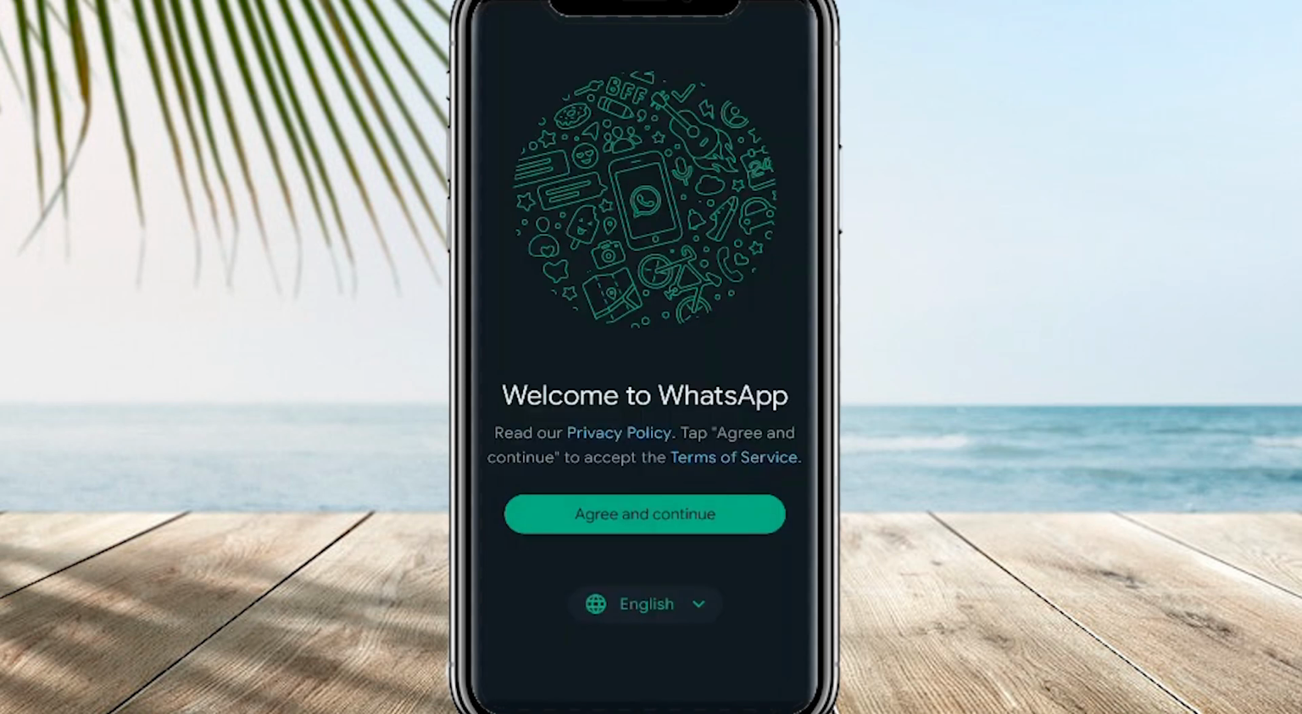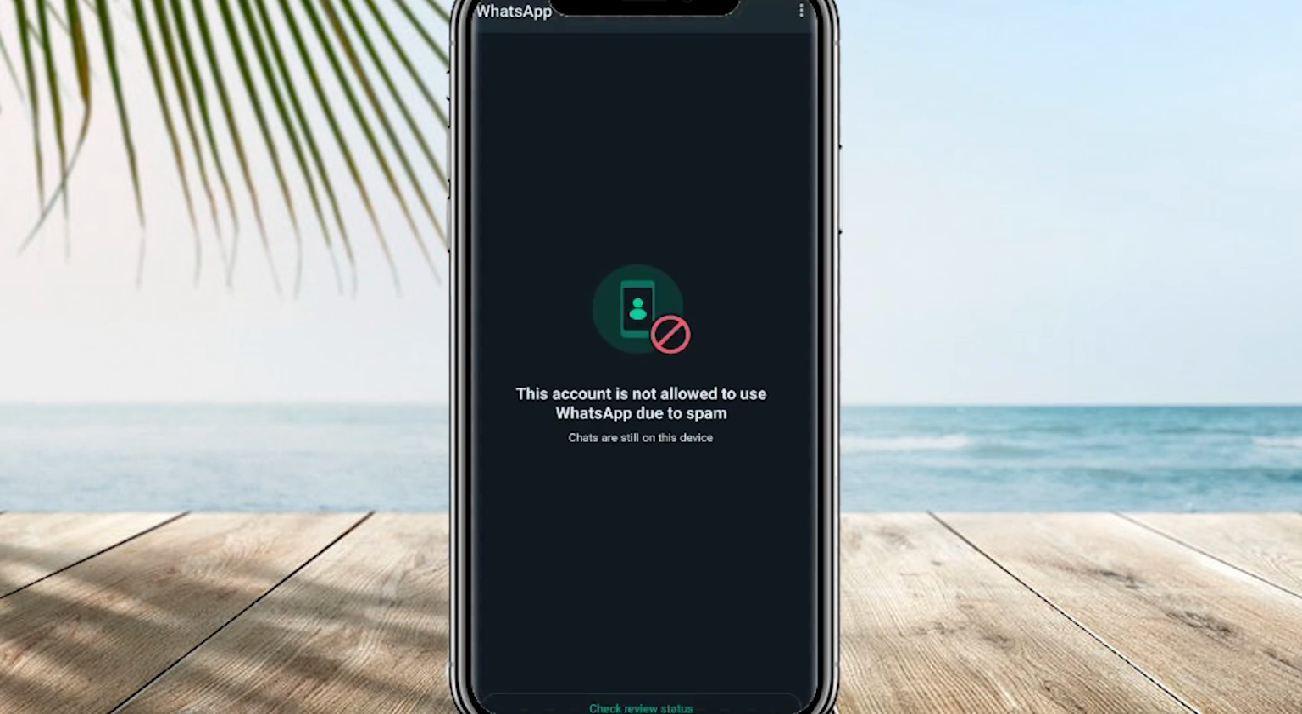In today's video, I will show you how to fix "this account is not allowed to use WhatsApp due to spam." So let's jump right in. Each time you attempt to register a WhatsApp number, you encounter a recurring issue where a notification appears stating that the account is prohibited from using WhatsApp due to spamming. However, this solution can also be applied to individuals experiencing the error message that their account is unable to utilize